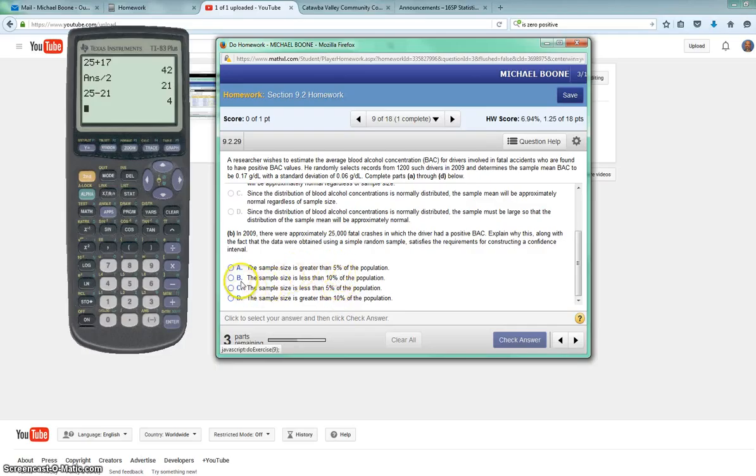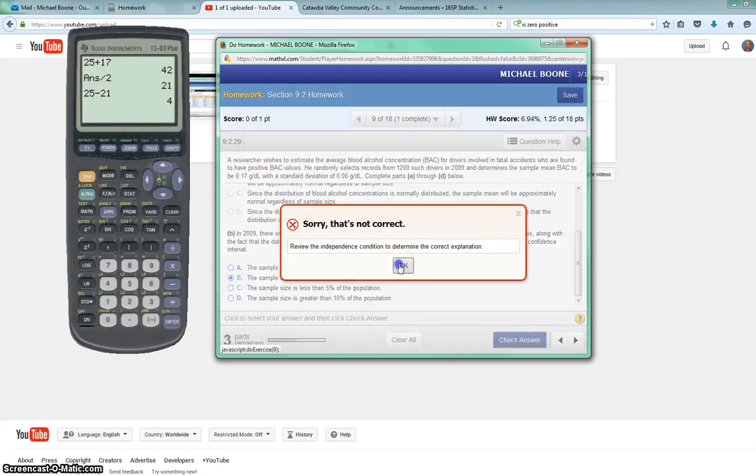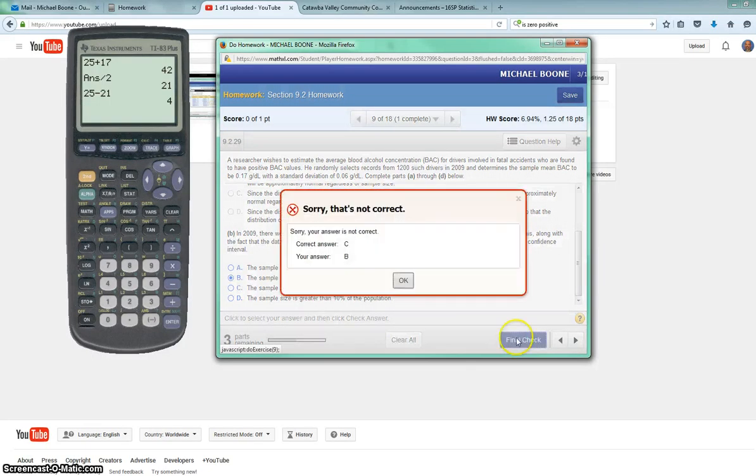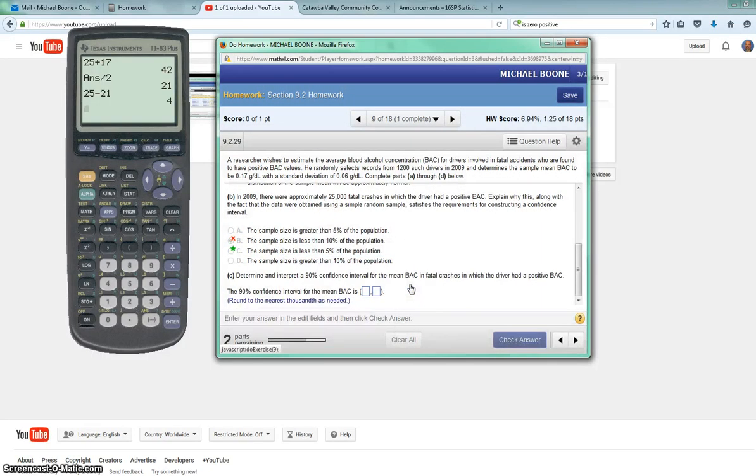So I'm going to guess one that I know is wrong, so you make sure you find the right answer. Actually, I didn't guess it was wrong. I knew it was wrong. Oh, don't look at that. It was C. And again, that's one of the criteria that your sample has to be less than 5% of the population. I think we discussed that in a different section, just saying that you don't want to pick the same person twice, so that's why you want a sample size less than 5%